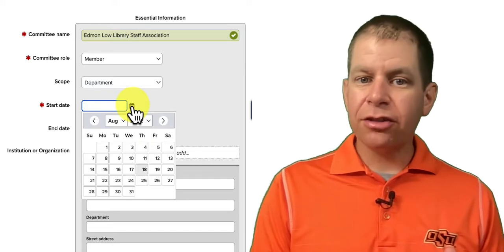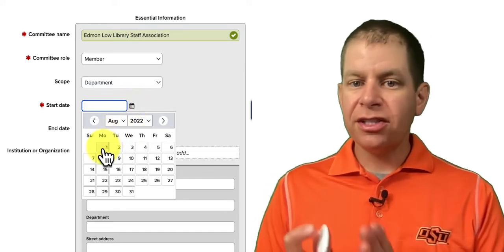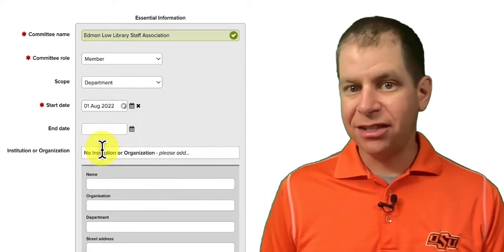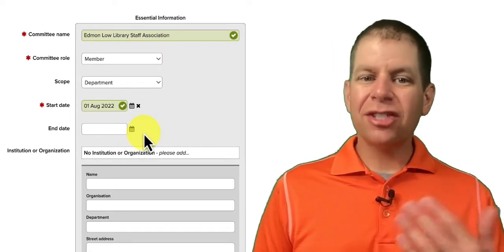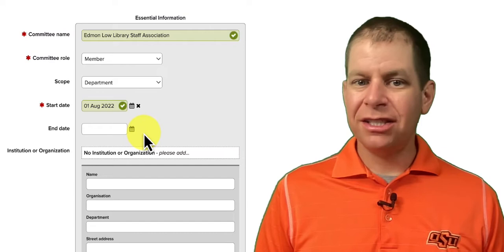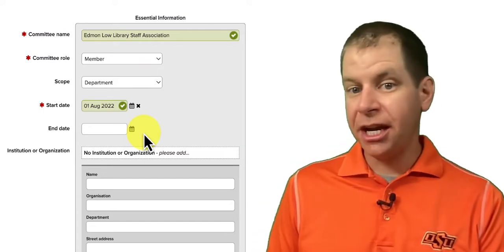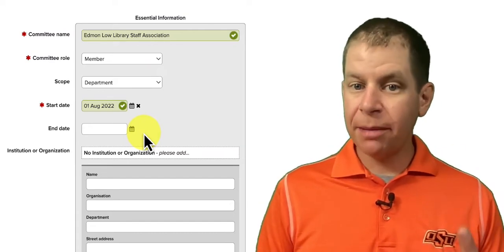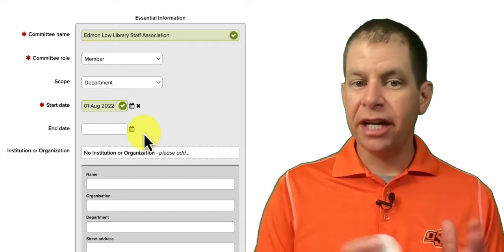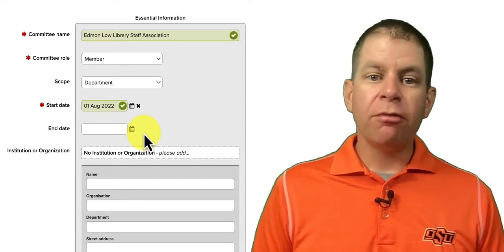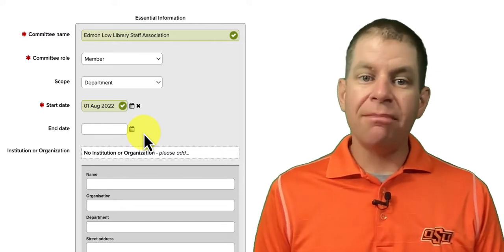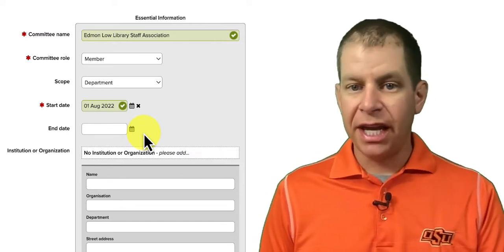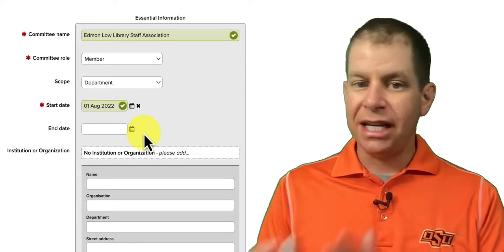The start date is required, but if you're currently serving in this role, you do not need to enter an end date. One thing to note, if you served in multiple roles in this committee, such as member and then later as chair, you'll need to create 2 separate items for these roles within your Experts Directory profile. Make one of the items for one role and include the start and end dates. Then make another item for the other role and include the dates that you started and ended that particular role